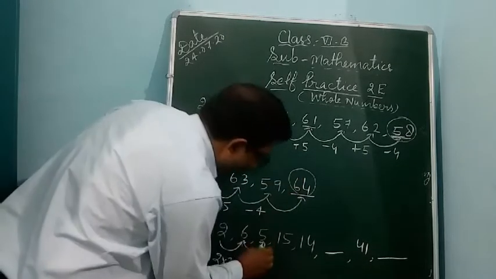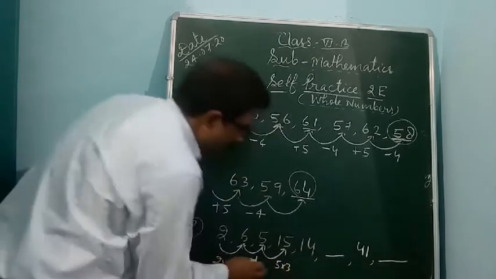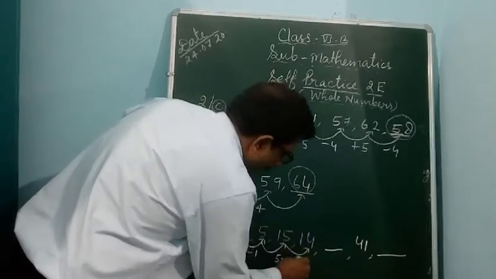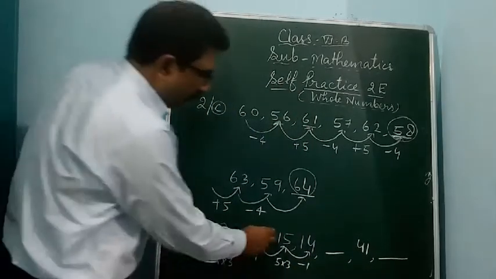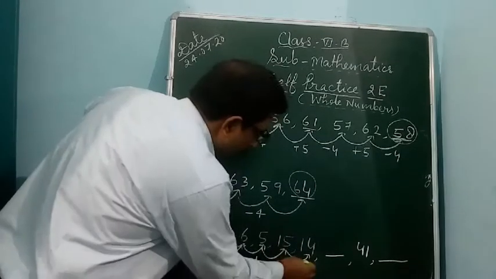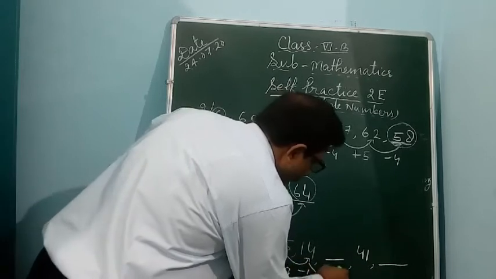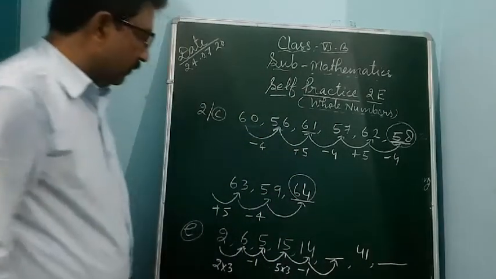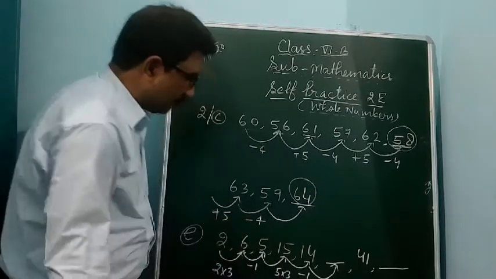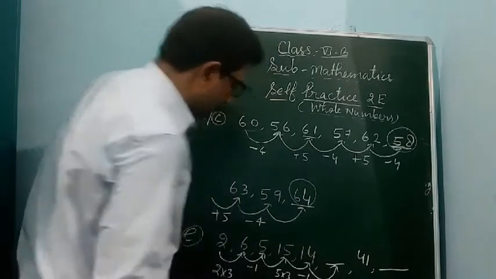So it means you see minus 1. Again you see 5 threes are 15. 5 into 3, 5 threes are 15. Again 15, minus 1, so 14. The difference is minus 1. Again this number, you see 14. What should be the number? Think. 5 multiplied by 3, it is 15. So which number should become here?